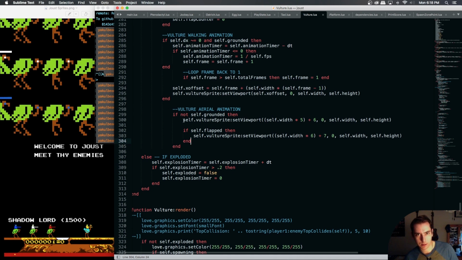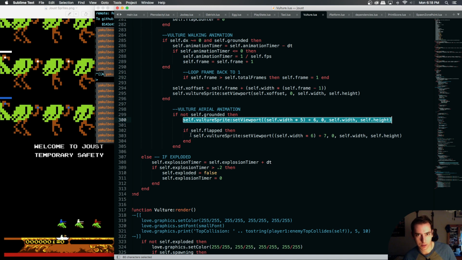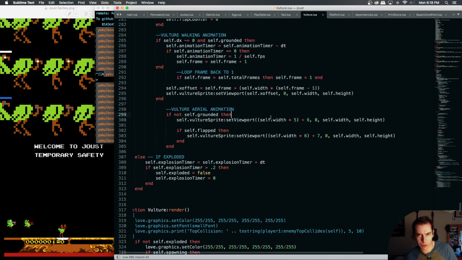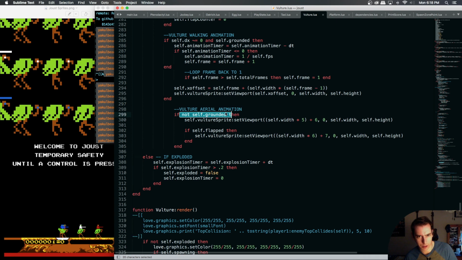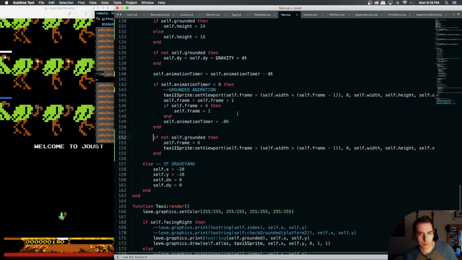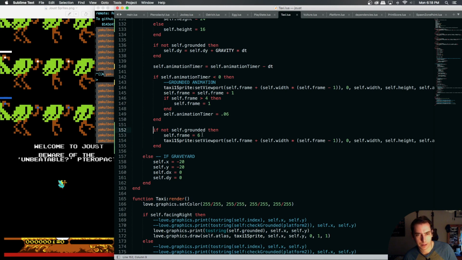So yeah, this is the upwards wings, and then this is the downwards wings. But we're really just doing it based off if we're not grounded. That's like the last thing we do, which is what we're doing over here. So I'm wanting to say